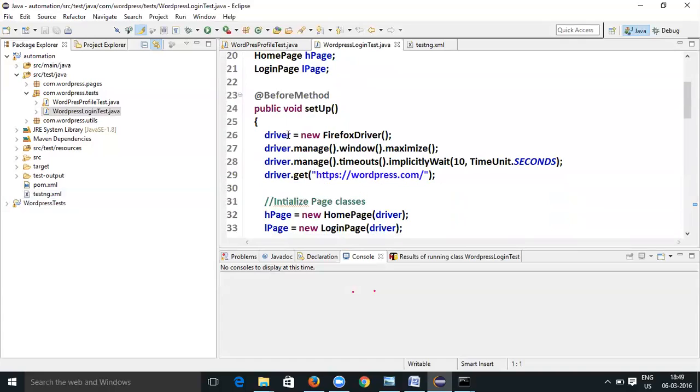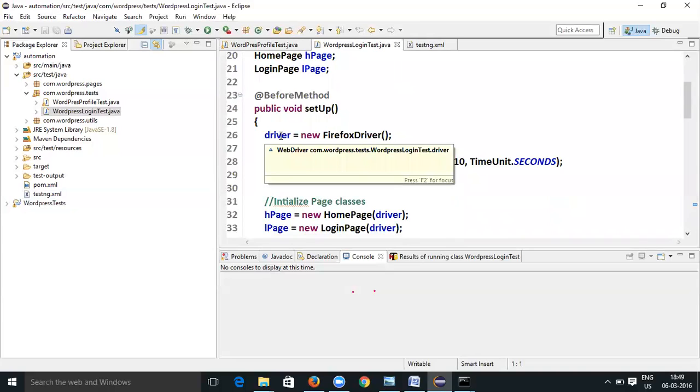So in the setup, you have already said to create a Firefox driver and run my test code on the Firefox browser. Now that is not going to work with the grid. What you have to do is tell on which platform you want to execute and on which browser you want to execute. These two things are also requested from your test code.